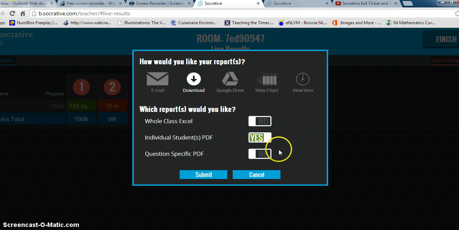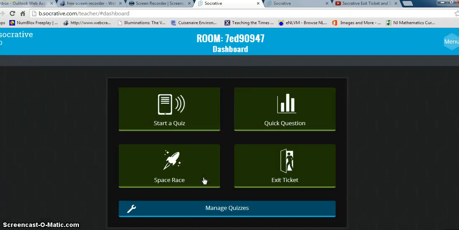And I'm only going to choose the individual students for now, but you have the option of getting a whole class Excel document, question specific, on a PDF, and also each individual student. So I'm going to submit here. Okay, and so we have other options that you can do, a quick question or an exit ticket. And the exit ticket actually kind of gives you a lesson wrap up. If you click here,